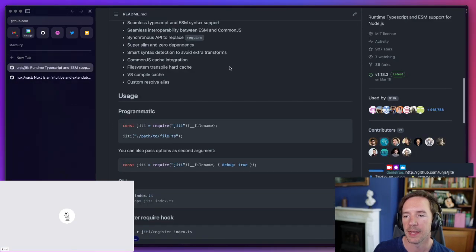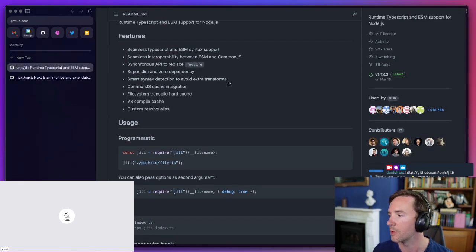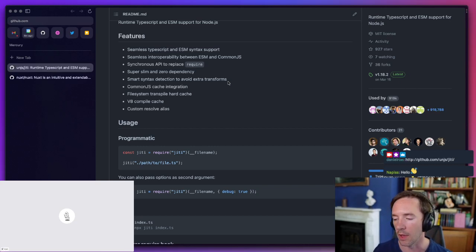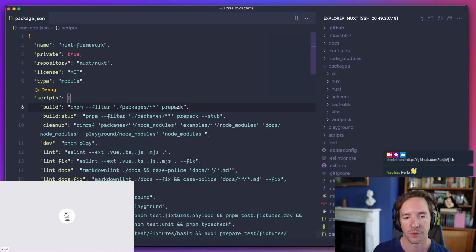Jiti has the ability to run any code, CJS, MJS, TypeScript, and you can use it like a synchronous require. You just call the function and synchronously run any code. It uses Babel to transform the source file when it runs it.